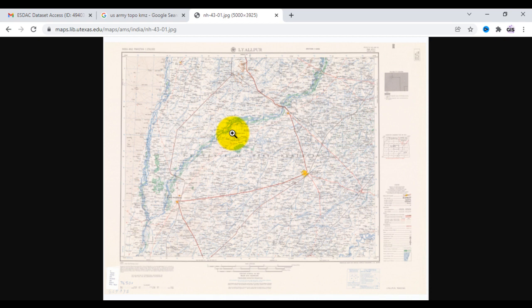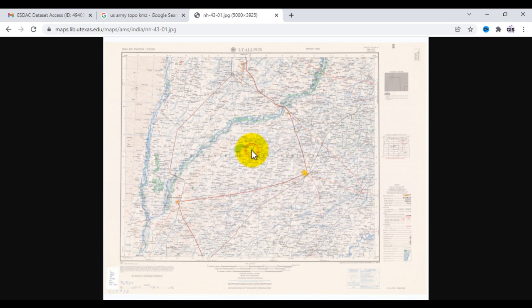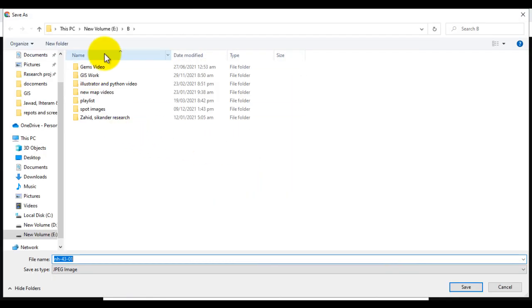So if you want to save this image in your system, you right click on it and click on save image and go to your system and here you can paste it as a topographic map.